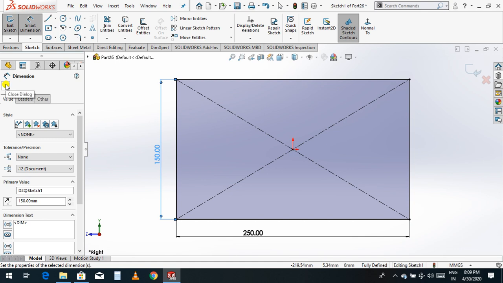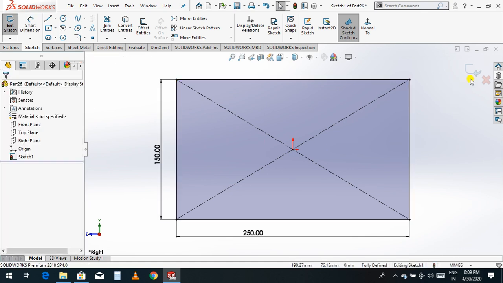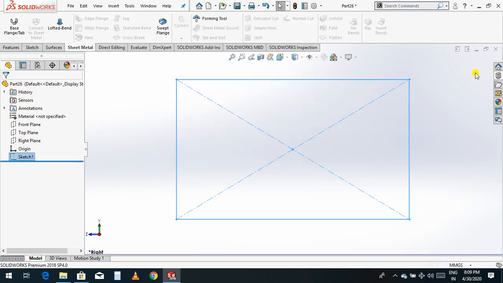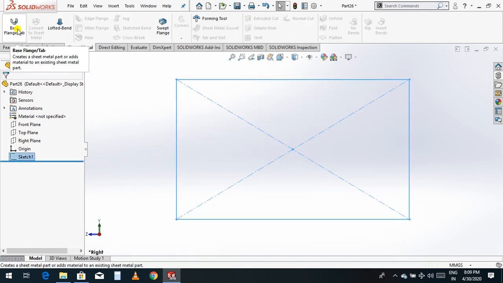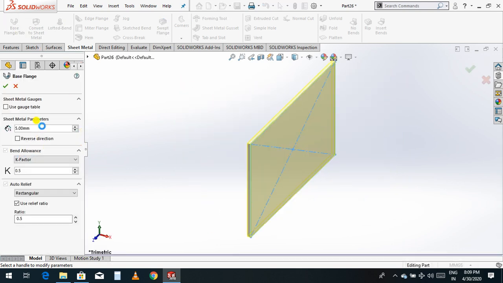Now just click OK. Now exit from the sketch. Now just go to base flange and give a thickness. I have given 5 thickness. I'll give a 4. Select OK.